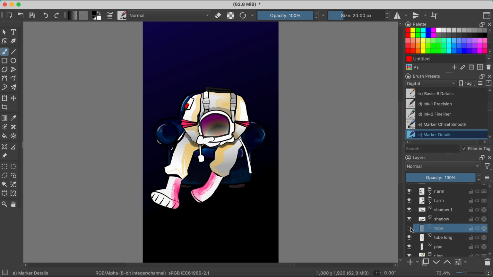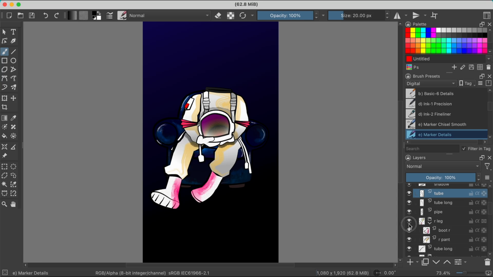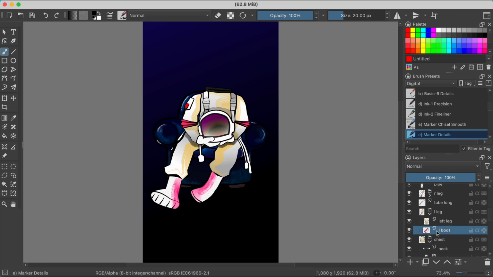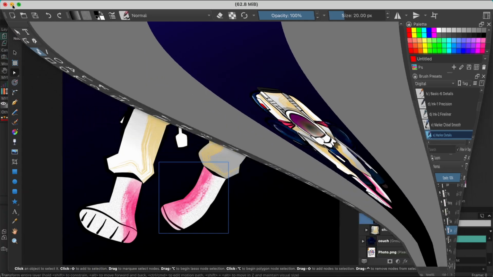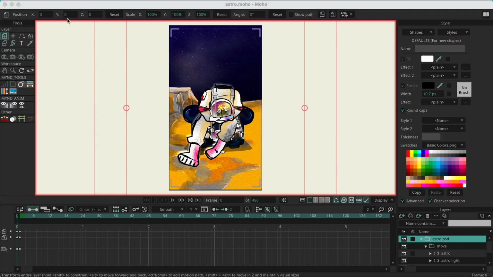The tubes that I was gonna animate, I had them in their own layers, with different names. I like naming all my layers, so everything's got a different name. The leg, right leg, left leg. So I'm already planning for the animation, and everything is preserved, the textures, all in one layer. So when I export the PSD, it does not crash or anything when I take it to Moho. And after that I did my edits and then moved into Moho,